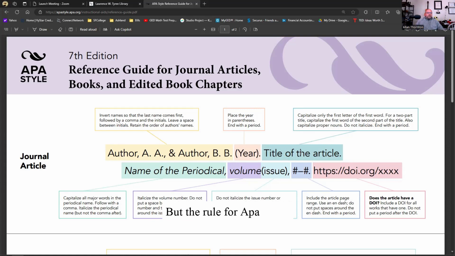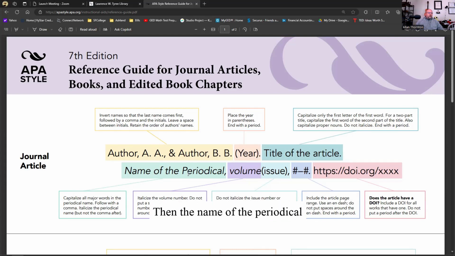But the rule for APA for the title of a book is that only the first letter of the first word is capitalized. Or if there's a two-part title, the first word of the second part will also be capitalized, and any proper nouns, of course. Make sure you do not italicize, and it ends with a period. After each section, there's a period. After the year, you have a period. After the title of the article, there's a period.